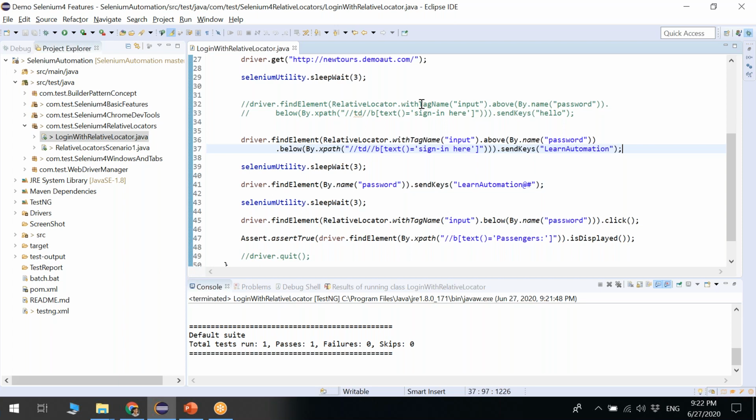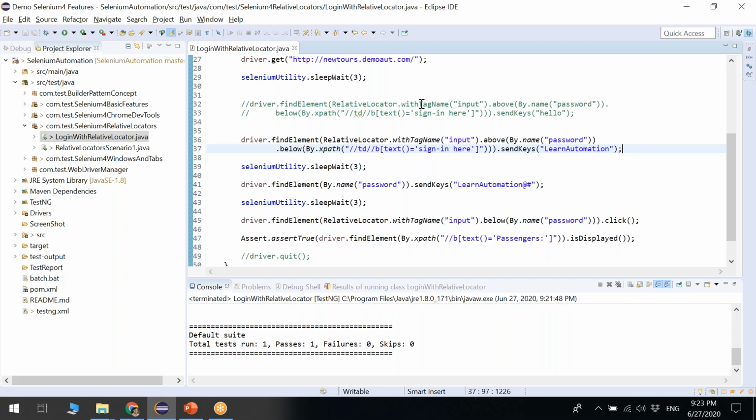We write something like driver.manage.window.maximize. If you have seen my post, I've explained how this builder pattern is implemented. There are multiple inner interfaces from where you can call these methods continuously.